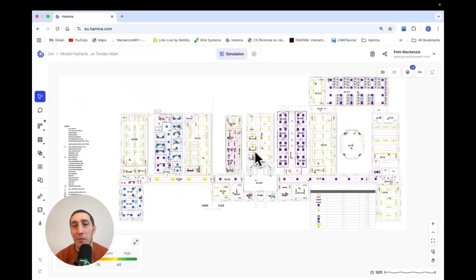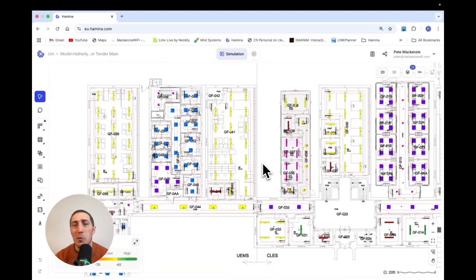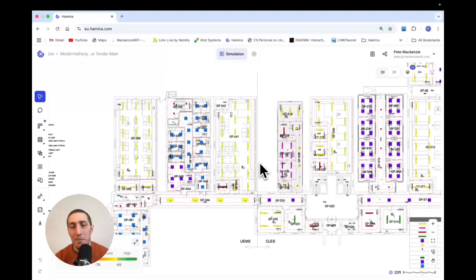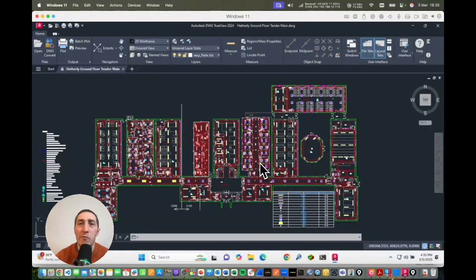This is an AutoCAD file, and you can see it looks very cluttered because there are many layers we're not interested in, such as the lights, which are these coloured bars in the different rooms. So what we want to look at is the options for cleaning this up before we import it into Hamina. And to do that, I'm going to open up the AutoCAD file in an AutoCAD viewer. This is actually Autodesk DWG TrueView. It's a free tool. It is a Windows-based tool, so you'll see I'm running this on a Mac, but I'm